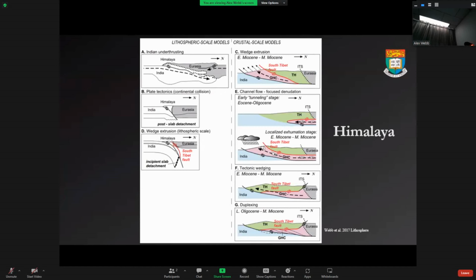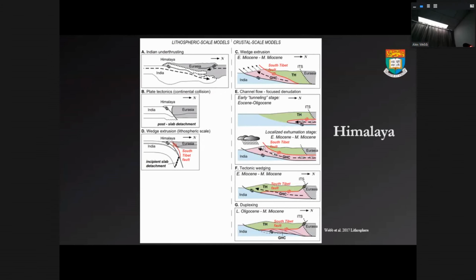So these are the models that were current for the Himalaya part of this system, as of 2017. And so there's some models on the left here. They involve the whole lithosphere. So you can see the top model on the left. This is Emile Argand's idea, again. And then when plate tectonics comes along, it's pretty similar. It's not a fundamentally different picture from what Emile Argand was arguing.